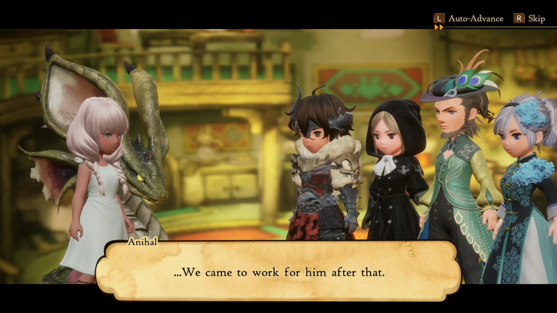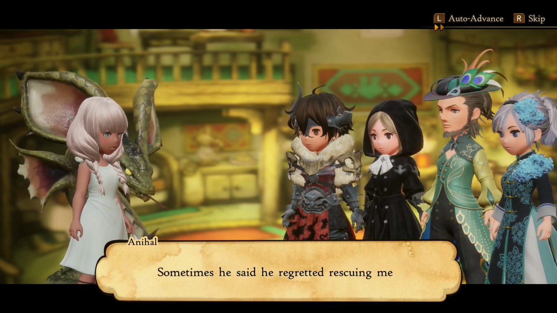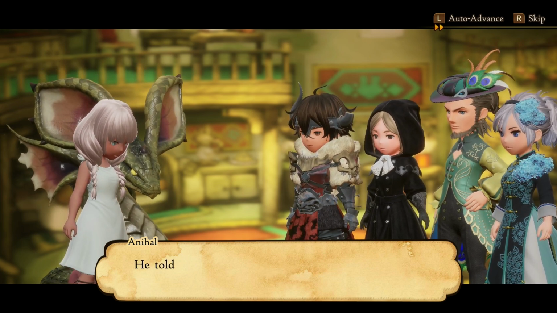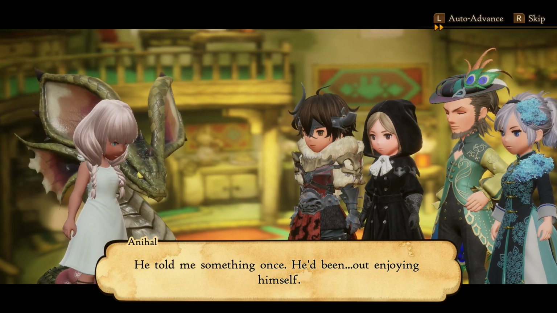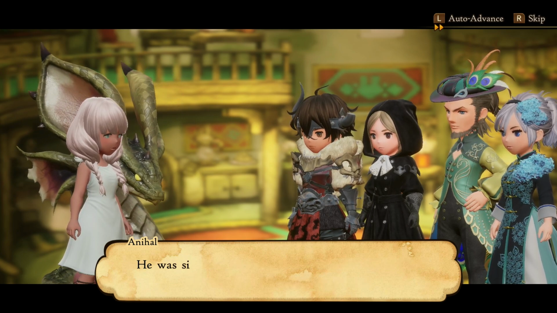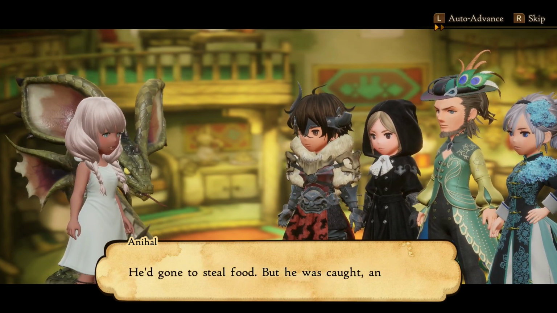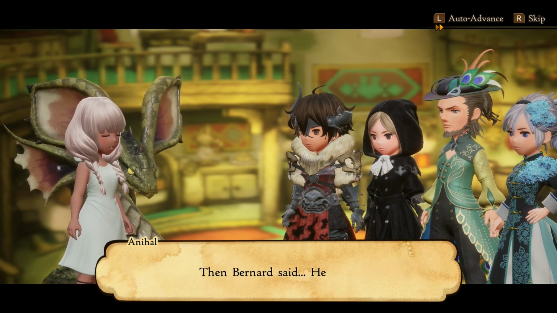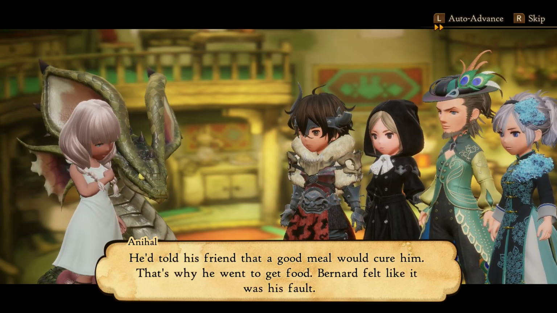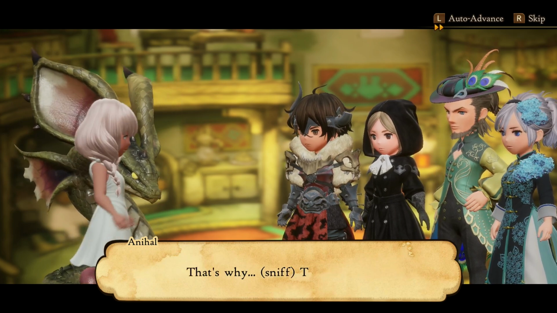We came to work for him after that. He wasn't happy when he found out my friends were monsters. I can imagine. Sometimes he said he regretted rescuing me, but I don't think he meant it. He told me something once. He'd been out enjoying himself. He said that when he was young, his best friend went off one day and never came back. He was sick at the time. He thought his friend had got bored of him, but that's not what happened. He'd gone to steal food, but he was caught and killed. Then Bernard said he'd told his friend that a good meal would cure him. That's why he went to get food. Bernard felt like it was his fault, and he saved me because he couldn't save his friend. That's why...